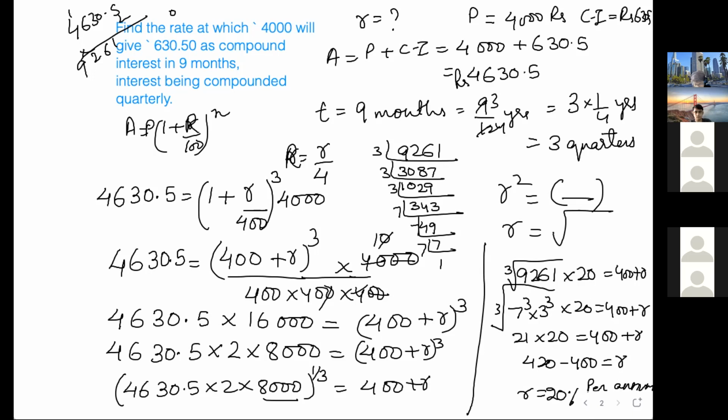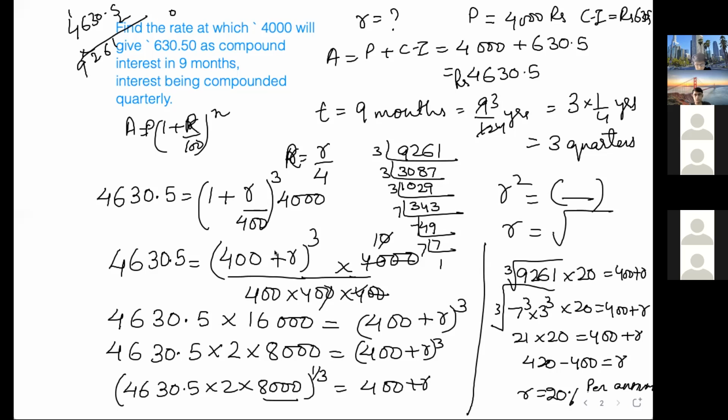Is it clear? So this method is okay, but the problem in this is the calculation. So you will do the calculation like this. I just did it because otherwise the a plus b whole cube formula would also be needed, because r is unknown, so you cannot calculate. So what we did, simplify, cancel 400 cube from below, and whatever is in the denominator will go over here because everything is in multiplication, so go over here.